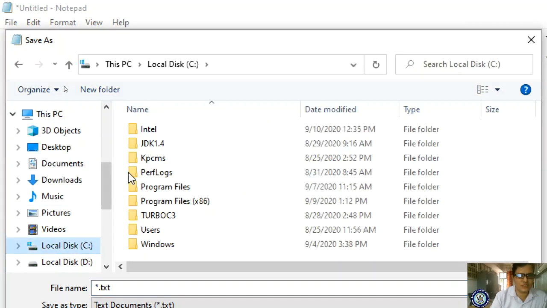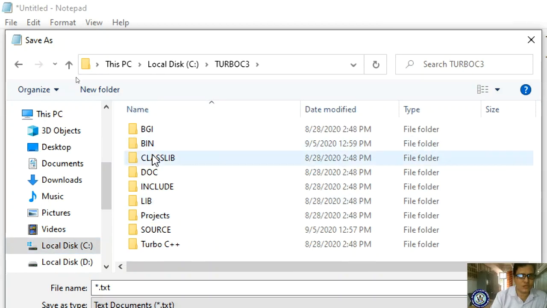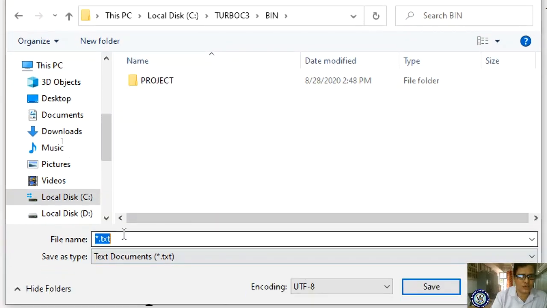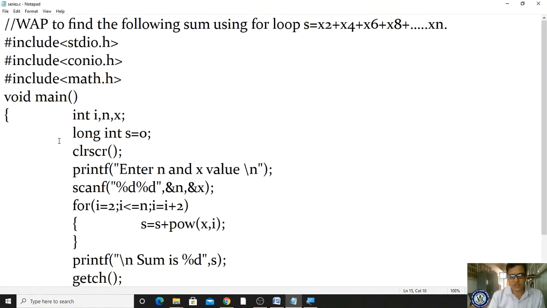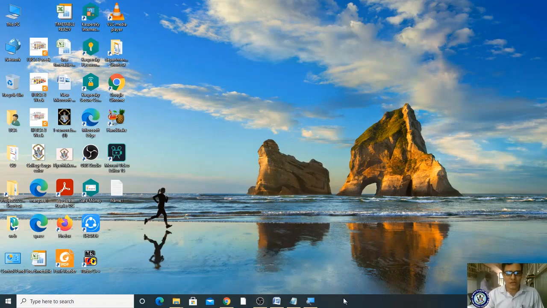In the C drive I have Turbo C3, and in the bin folder I am saving it as series. It is a series, right? I am saving it as series.c. Afterwards I am minimizing it.